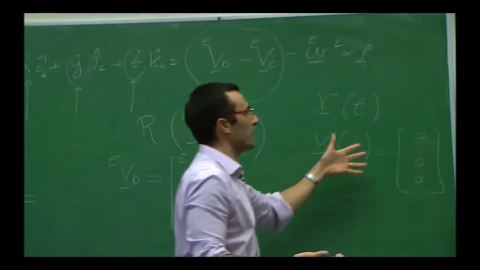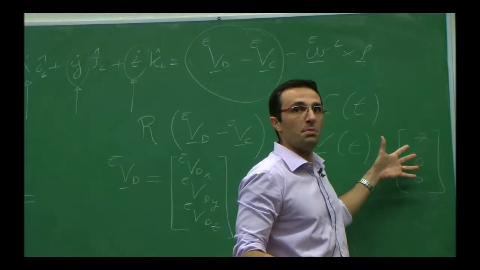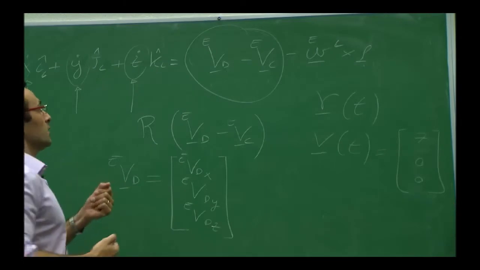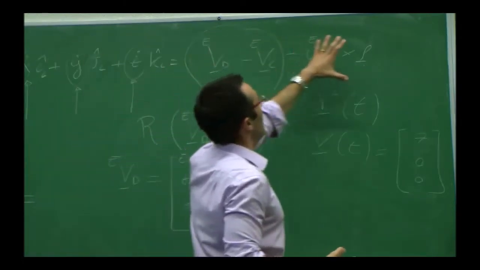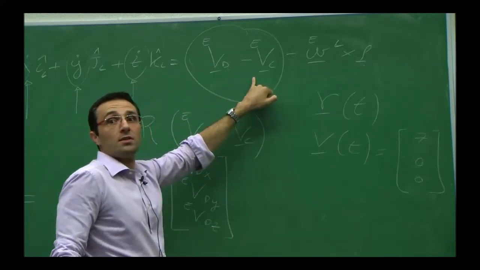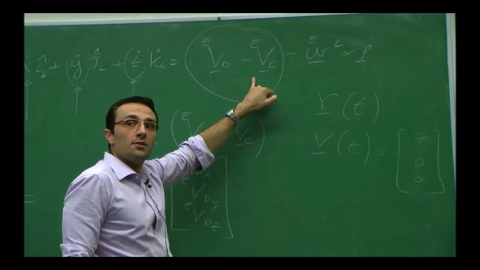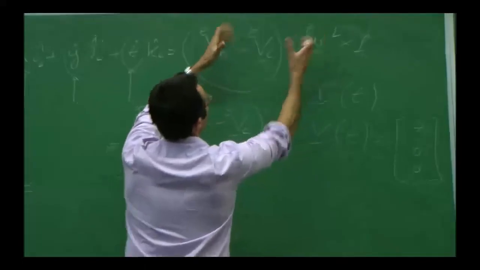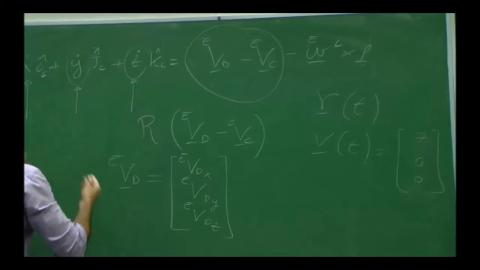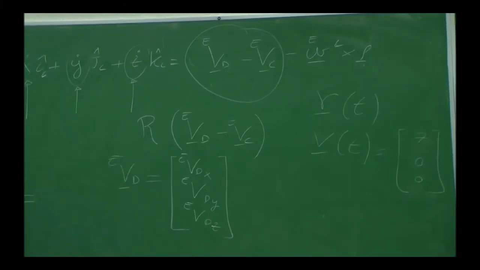Because it's a vector, you can call this a vector if you know what the basis is, otherwise they're just three numbers. But we do know what the basis is. We know it's ECI. So when I put together this equation, I will probably have these two vectors in ECI. That's what we have done so far, and I don't like that. This is a vector equation, A equals B. But when you have a vector equation, you need to make sure that both sides are expressed in the same basis. Otherwise, I can't come up with an equation x dot equals something. I cannot do it if they're not all in the same basis.